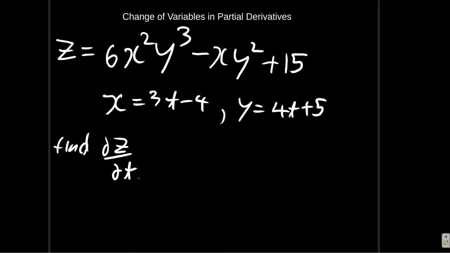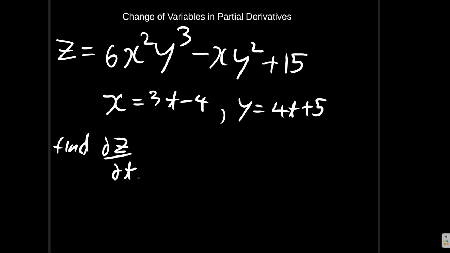In a previous video, we derived a formula for a change of variable in partial derivatives. Now, this is an example. We have z equal to 6x squared y cubed minus xy squared plus 15. But x is 3t minus 4 and y is 4t plus 5. What I want you to do is to find